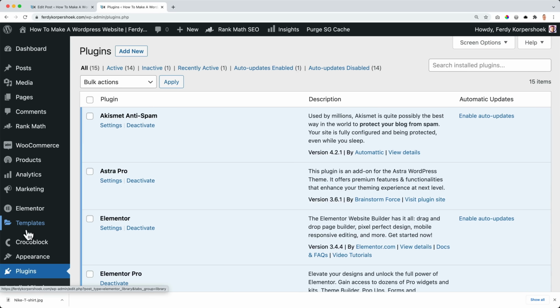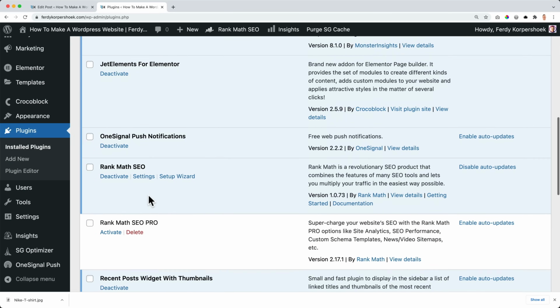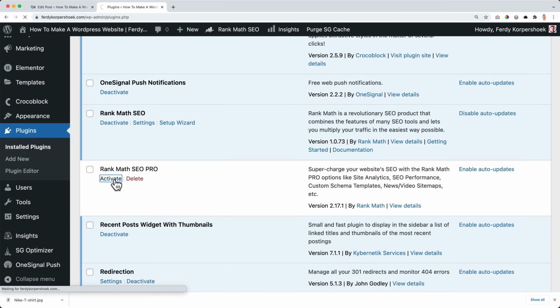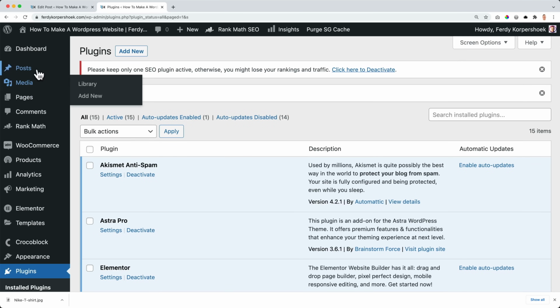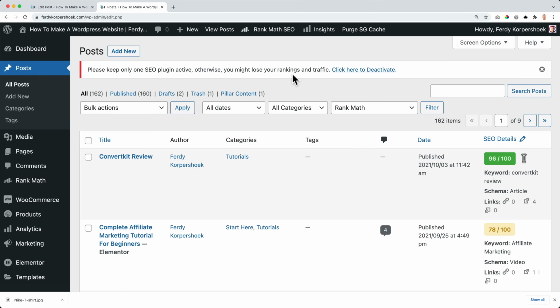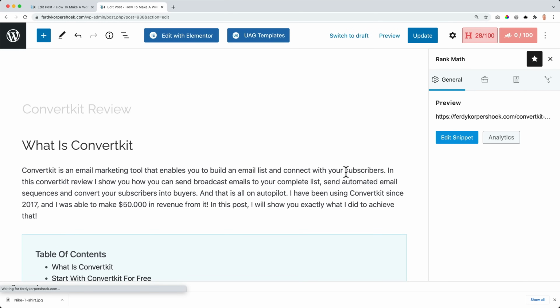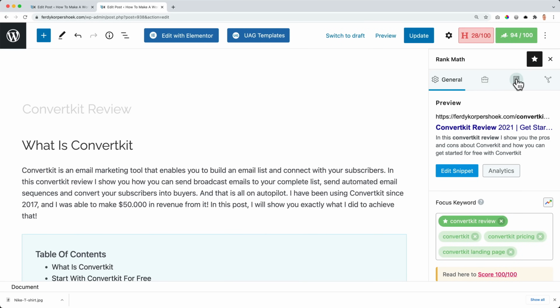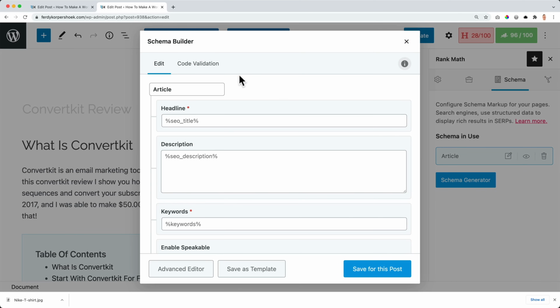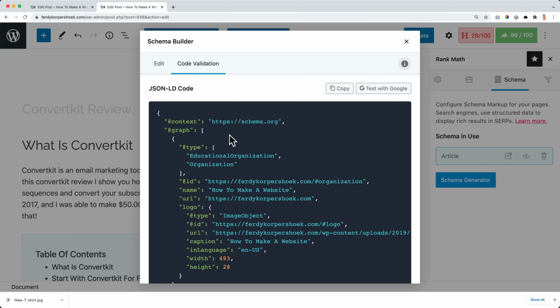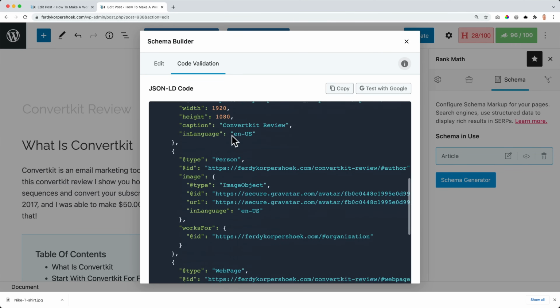When we go for Rank Math Pro, let me do that and activate it. And I go to the posts, and I go to the ConvertKit review. The schema is article over here. So I go to the third tab, and now I can go to the code validation. This is how it looks.